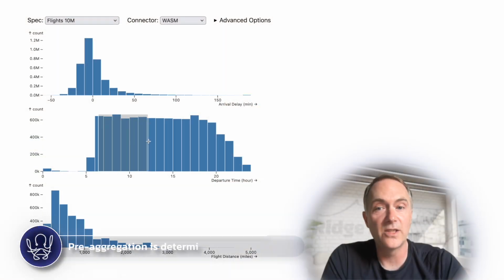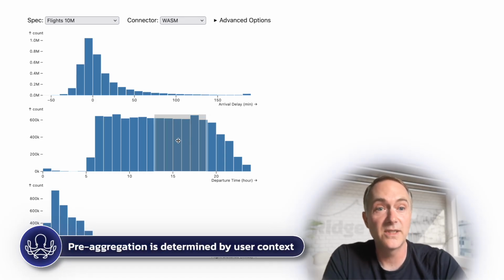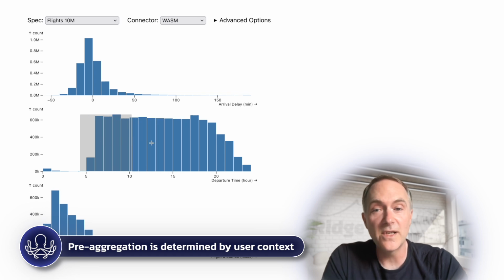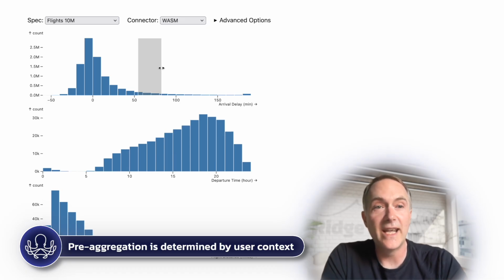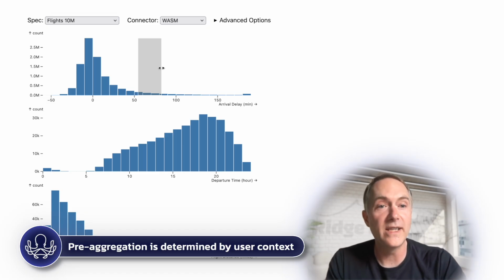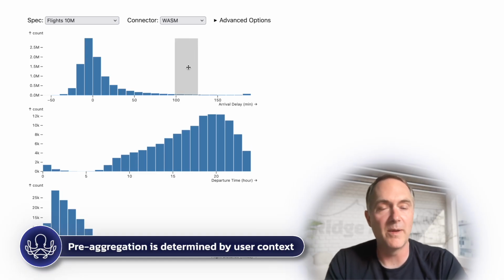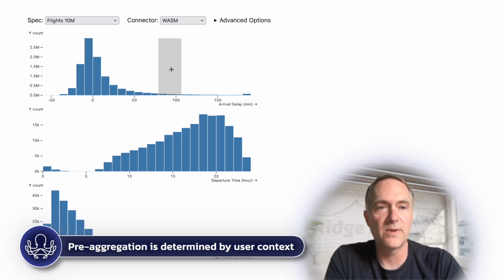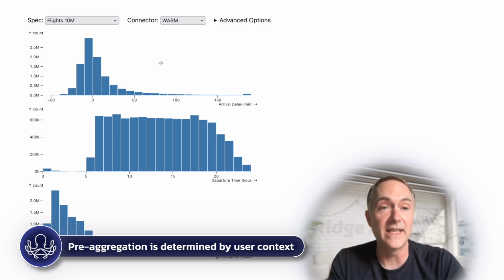It knows that, hey, well, I can draw this selection, and it knows that it's going to be limited over the space of pixels that I can draw it. But long story short, it takes all of that information and uses it to pre-aggregate the data so that on every frame when we're updating, it's already at least halfway or more to the answer. And so it can query these much smaller pre-aggregated tables, similar to what you might get from a data cube, but hyper specific to your use case right here. And this allows us to give us some 100 and even in some cases 1000x improvements in the latency for answering